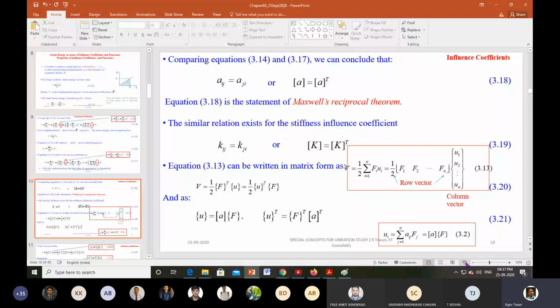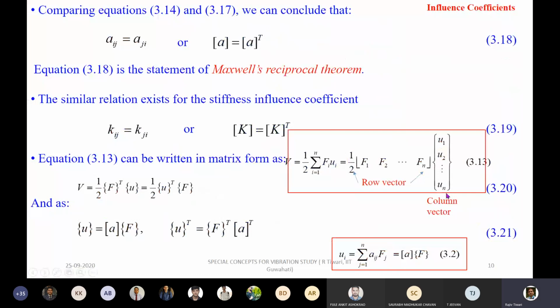So we can see that this is very important. He represented the row vector like this, and this is the mirror image of L. So this is a row vector. A column vector is represented by this kind of bracket. A row vector means having a single row, and a column vector means having different rows but a single column.